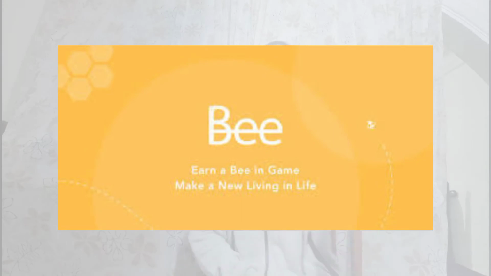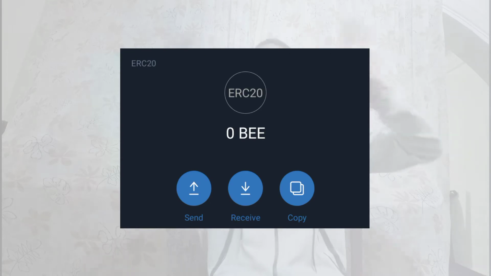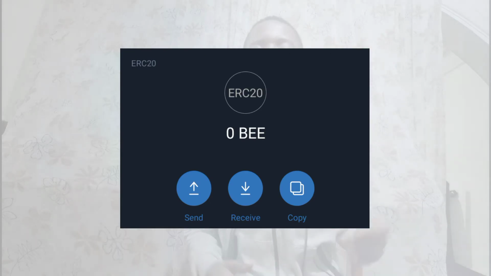Number two, guys, is the B coin. The B coin is already on Trust Wallet. They have the wallet address, their own address right now on Trust Wallet, but it has not yet been listed. Unlike the Pi one I mentioned earlier, you can only get it through the app right now. They already have the token on the Trust Wallet app, but the price has not been listed. But you can get as much B as possible before the price gets listed, and make your money.